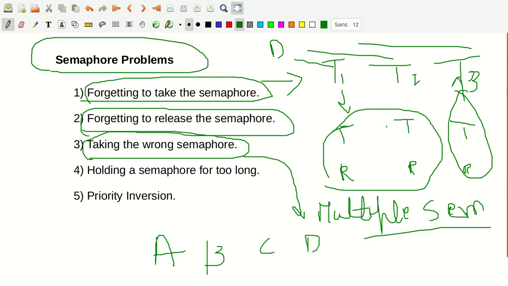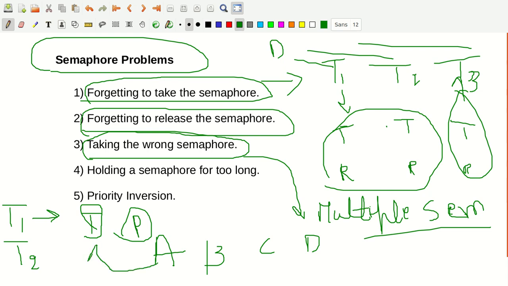Why is it that important? There are many tasks, a T1 task and a T2 task. In this T1 task, you have written a program. Maybe there is an updation of the temperature, an updation of the pressure, and an updation of the volume. We cannot repeat all of them, so we will take only two cases: temperature and pressure. You make sure semaphore A is allotted to temperature. Maybe temperature T is shared between T1 and T2. Maybe there is one more task, a T3 task.